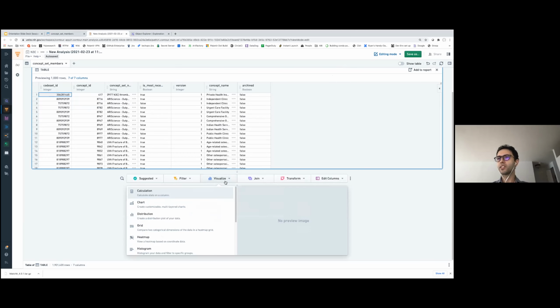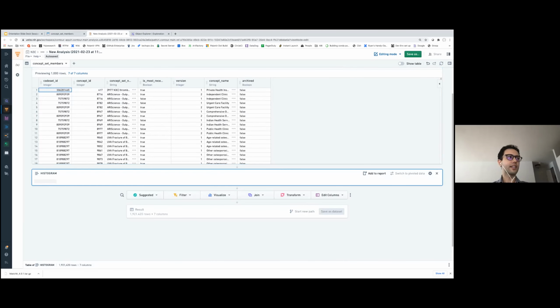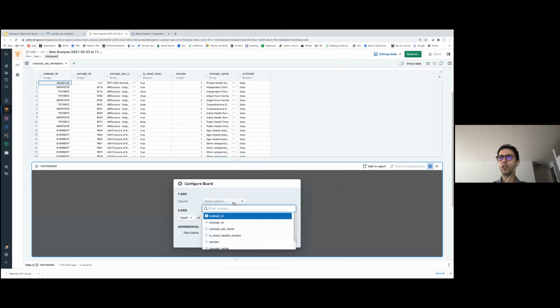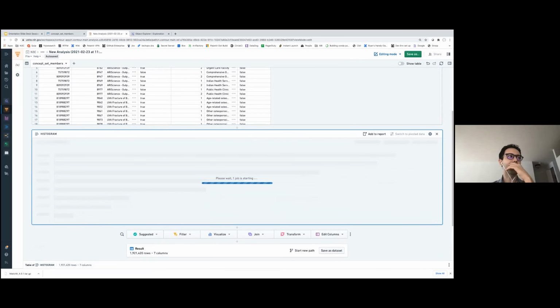What we can do also is apply a histogram board. And let's say I'm interested in exploring all the concepts within this concept set member table. So maybe let me pick concept set name as a column to display. And we're just going to look at the counts of concept names within this data set.